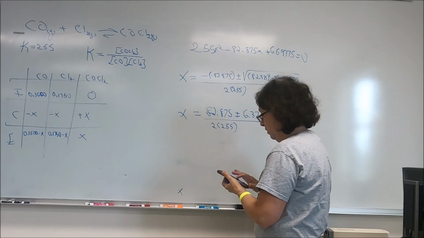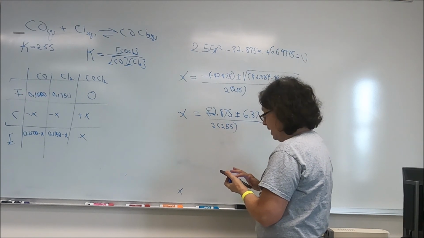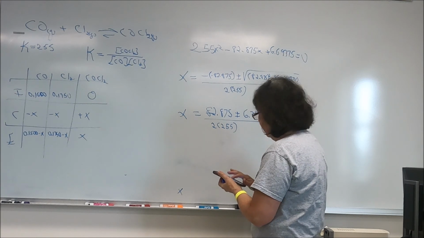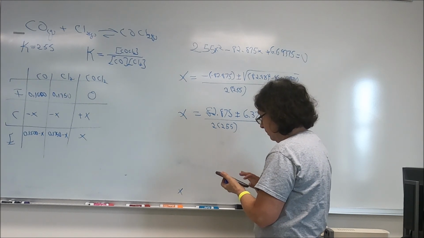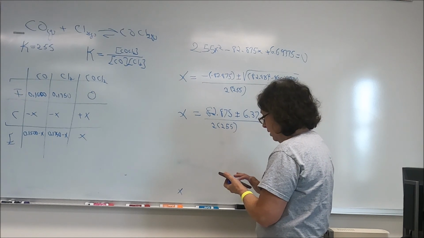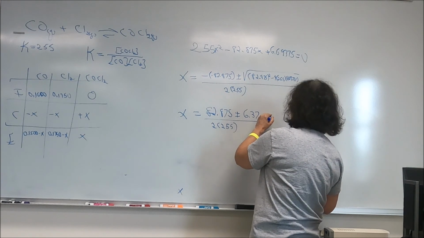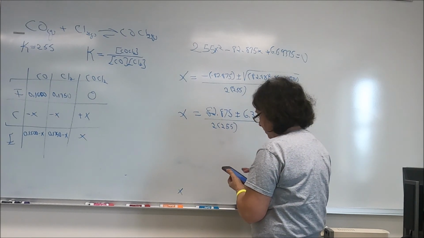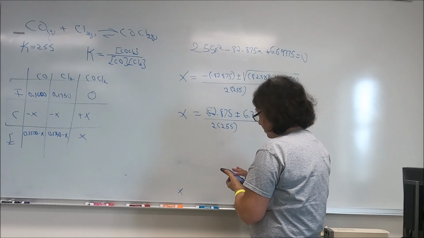Okay, clear. So 82.875, let's add 6.37 and divide by 2 and divide by 255. So one answer I get is 0.15. Okay? My other answer